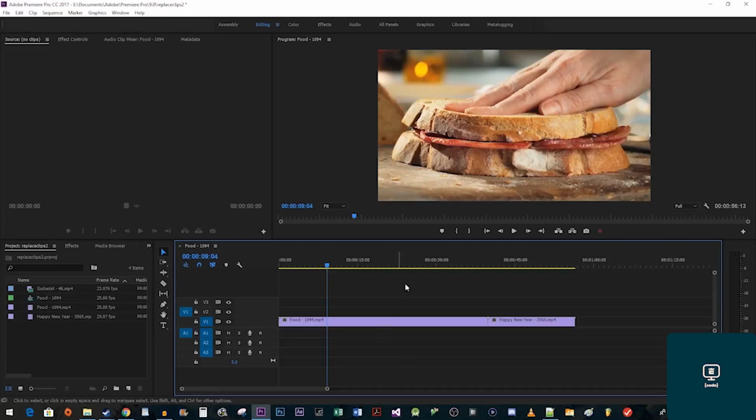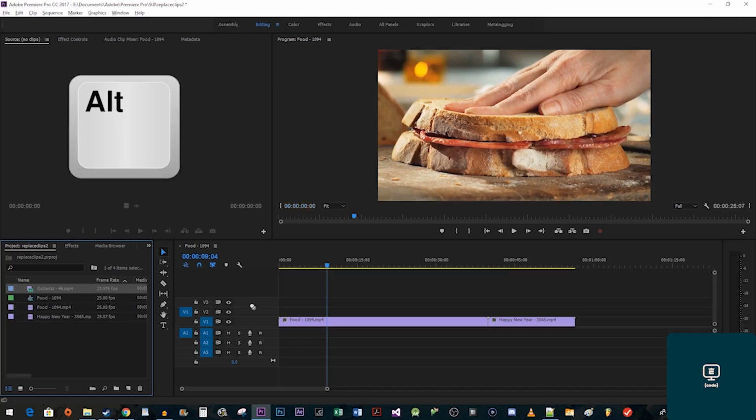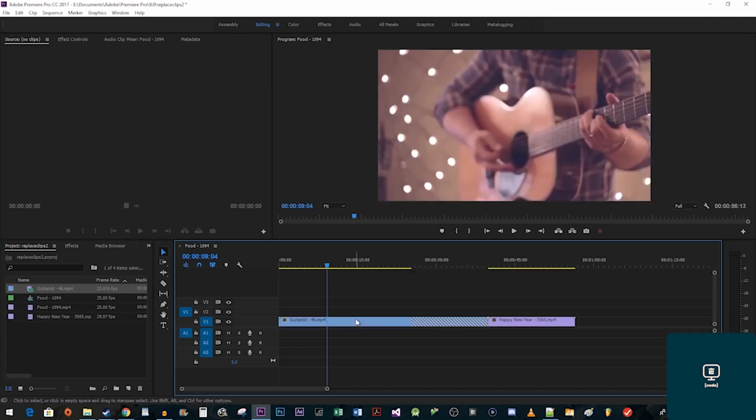To begin, I added a couple clips to my timeline so that I have some footage to replace. Alright, let's start by going over to the project panel. While holding down the Alt key, drag the footage you'd like to use onto the timeline clip you'd like to replace. Now you'll notice that while this worked, Premiere didn't adjust the duration of our clip to fit the one